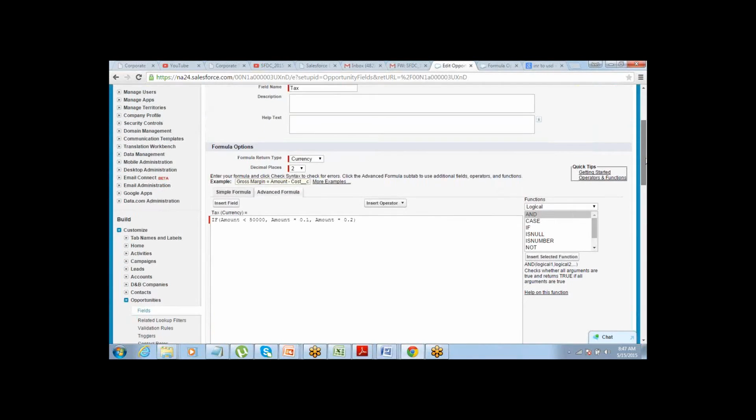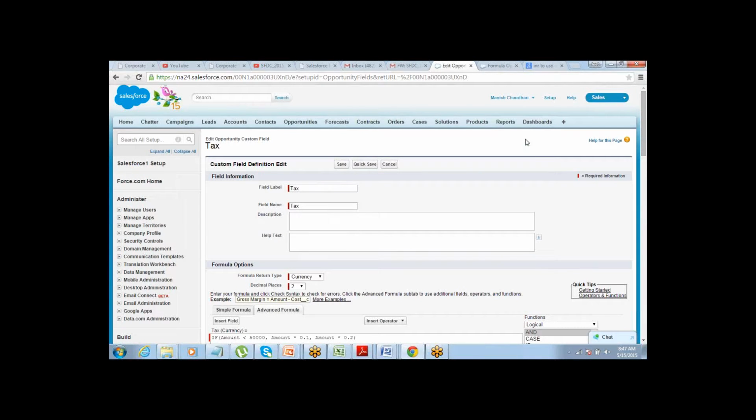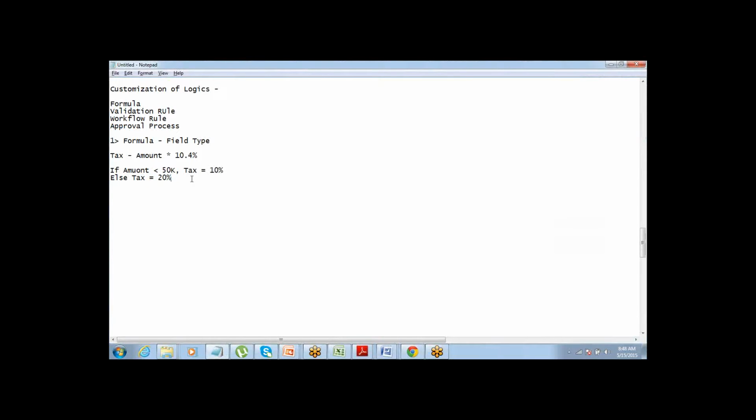So the next thing that we are going to talk about is validation rule. That's about formulas. So second is validation rule. Validation rule is a rule to validate data before it is created or updated.